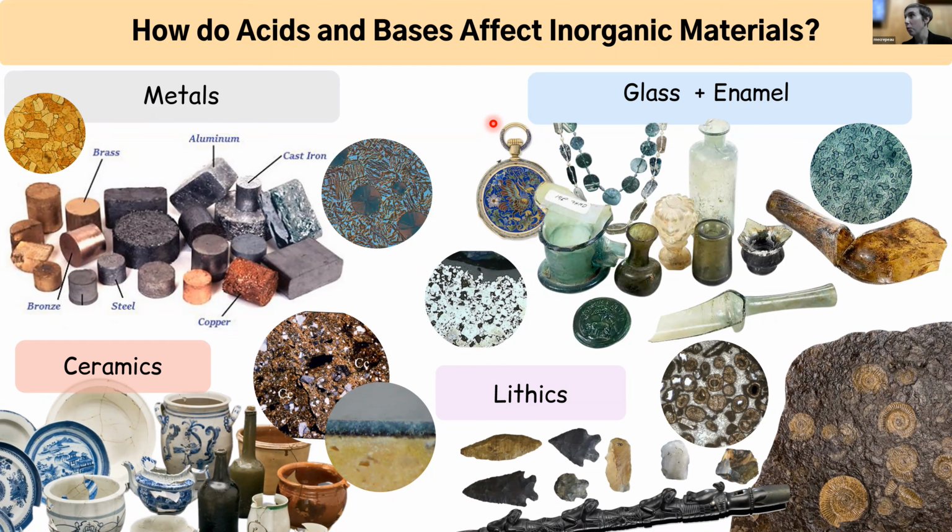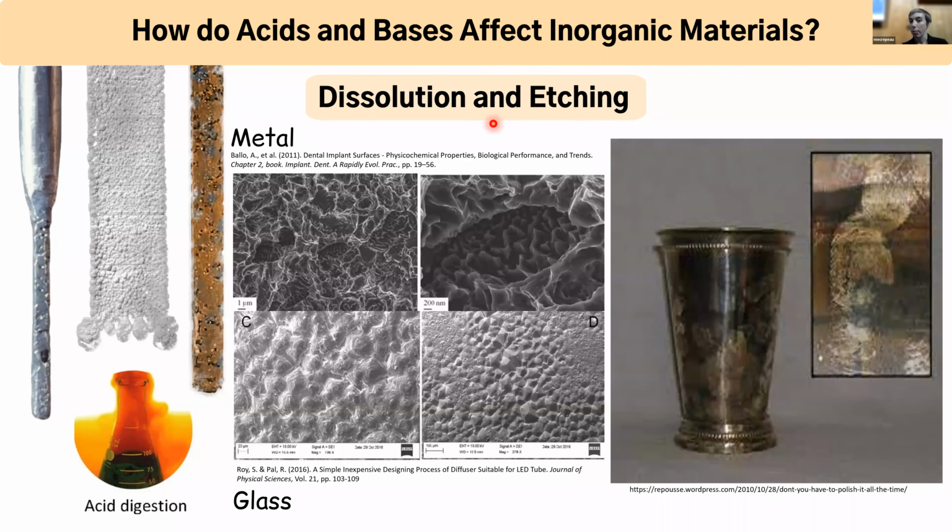And what acids and bases do is they essentially disrupt that structure in their quest to get electrons from each other, essentially. Dissolution and etching is something you might be familiar with. This is probably one of the most obvious forms of acid attack, especially on metals when it's happening at a very large scale. We often call it acid digesting, where you just have a very prolific, very large area of effect. We call it acid digestion. When it's very localized, it's etching. Sometimes we do this purposely. Sometimes it's just a byproduct of very small, very